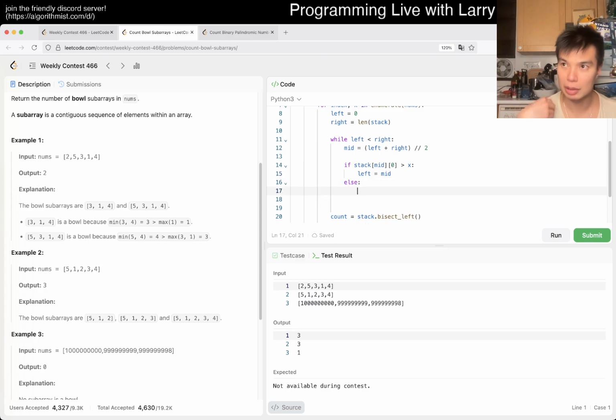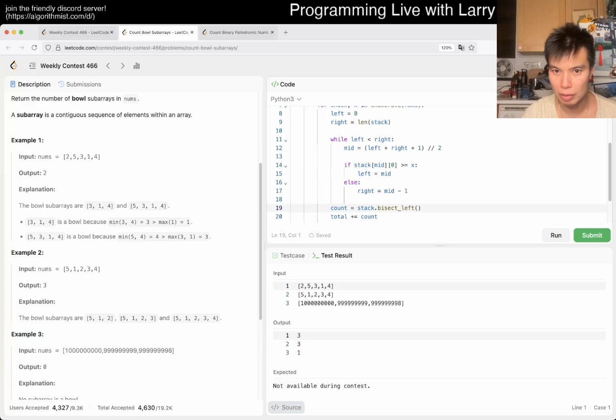Else, if it is smaller, greater than, or equal to, well, in that case, it could also be valid if it's equal to. So then y is equal to minus 1. Okay, and then now count is going to be equal to